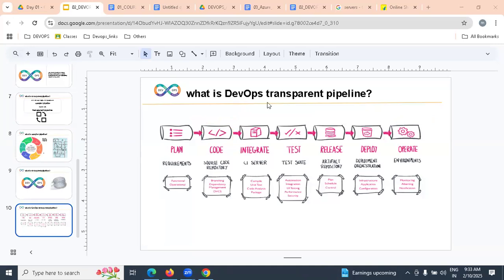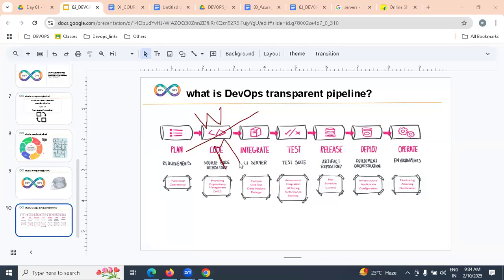Let us understand the roles and responsibilities in each and every stage. First, are we part of planning? No. Are we part of coding? Yes, but we are not writing the code. Writing is the responsibility of the developers. Once it is written, the lines of code are maintained by the DevOps engineer.